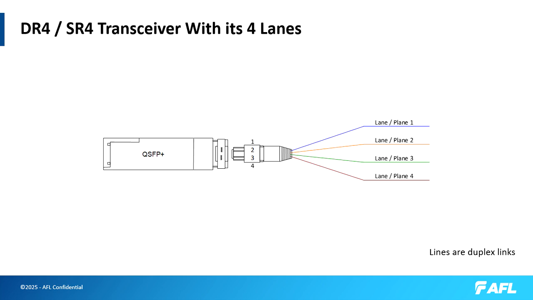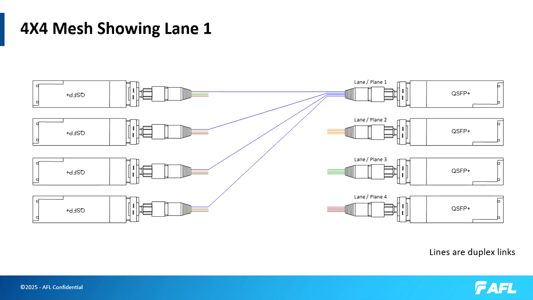The most common transceiver inside of a large data center would be what we call a DR4 transceiver, and smaller data centers or enterprise data centers might have SR4, which would be multimode based. But a DR4 transceiver will be 4 lanes of whatever speed you're running at. So if it was a 400 gig DR4 transceiver, you would actually have 4 physical lanes of 100 gig. And then meshing basically splits those 4 lanes of 100 gig across 4 separate ports on the